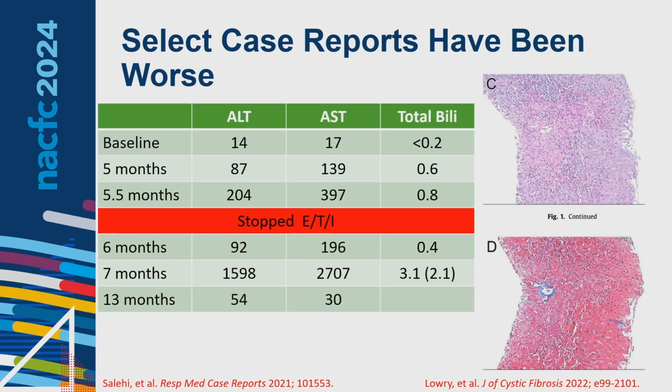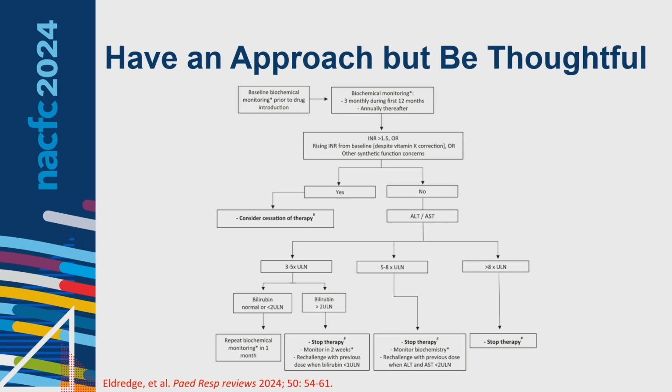So I don't want to be too cavalier and too dismissive, because significant liver injury can occur, but we just need to be mindful as to what the right markers are, and it's probably not AST and ALT, it's that direct bilirubin. So my message is to just have an approach. You can follow the Vertex guidelines, whatever it may be. I kind of make my living out of making the pulmonologist nervous and just letting things go a little bit. But as long as you have an algorithm that you're following and you're monitoring, I think that's the important thing.